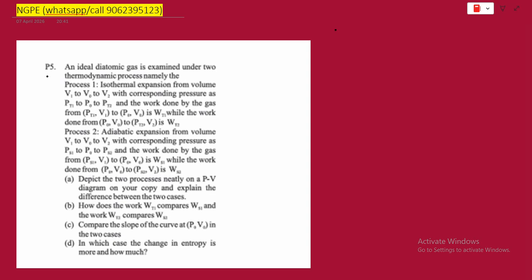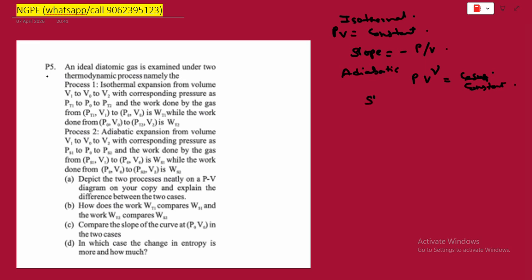So isothermal follows a PV equal to constant relation. Okay, so its slope is what? Its slope is minus P by V, for the isothermal. And for the adiabatic process, this follows PV^gamma equal to constant. Okay, so its slope is